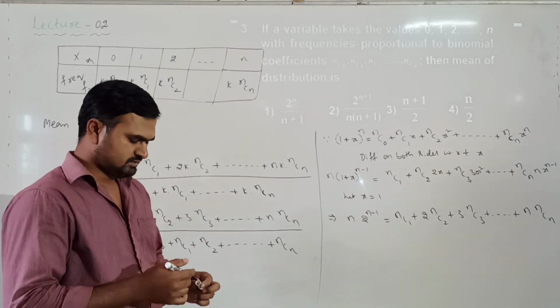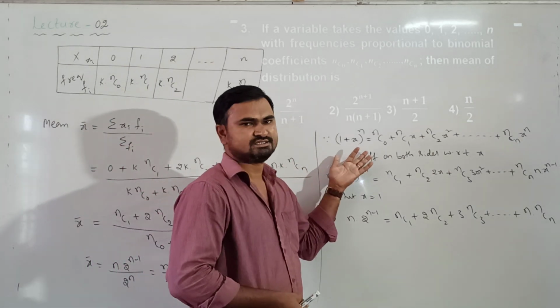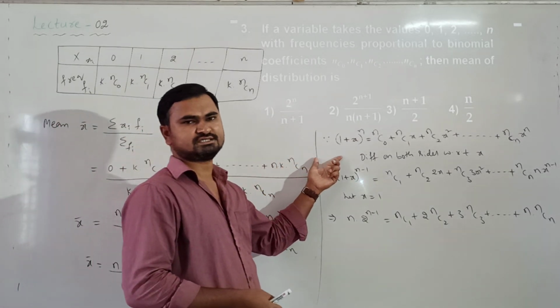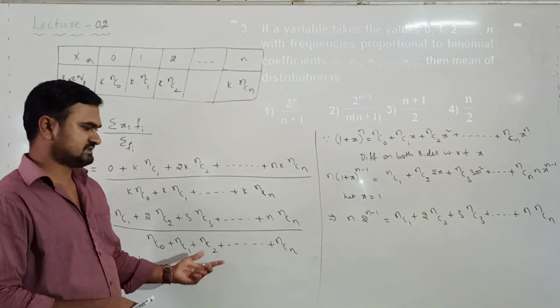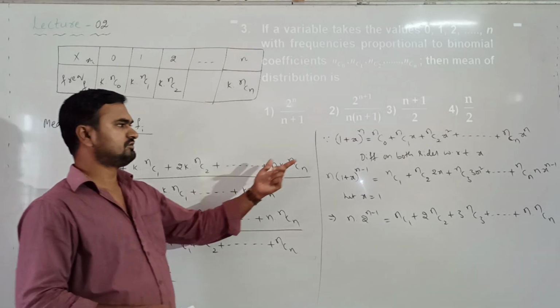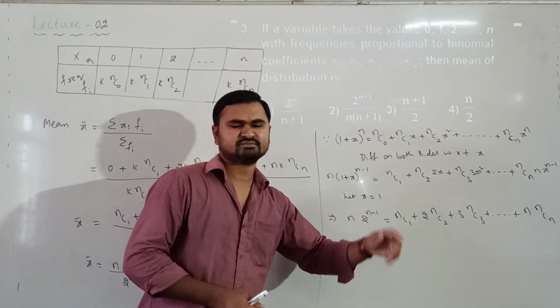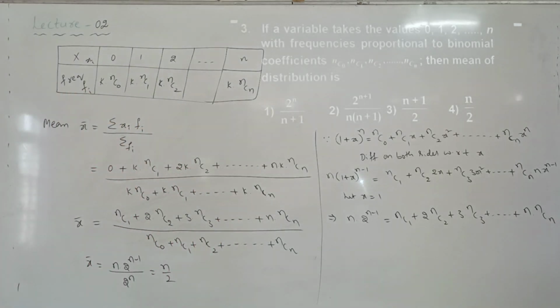So we are using the concept of binomial theorem for finding this sum of terms. We have to use this expansion for (1 + x)^n. If I directly substitute x equal to 1, we get the sum of binomial coefficients, that is 2 power n, the denominator we know. But to get the numerator term, first we have to differentiate this, then substitute x equal to 1. Then we get the required summation in the numerator. Understand? Right. Now let us see the next question.